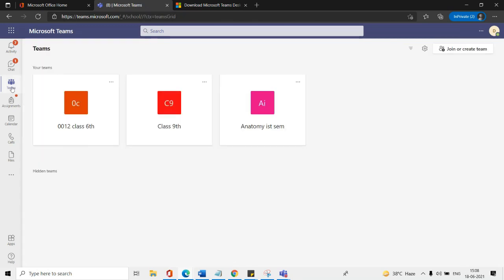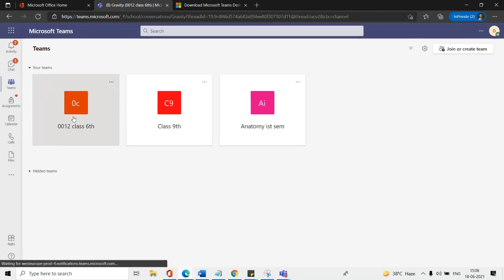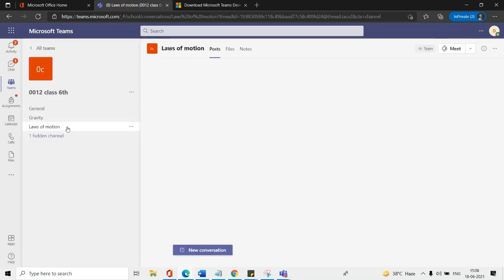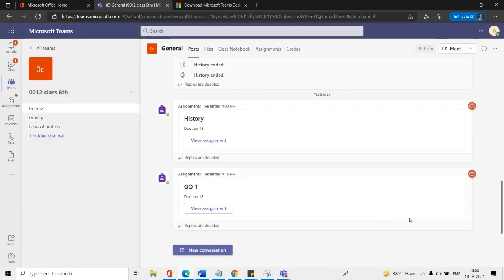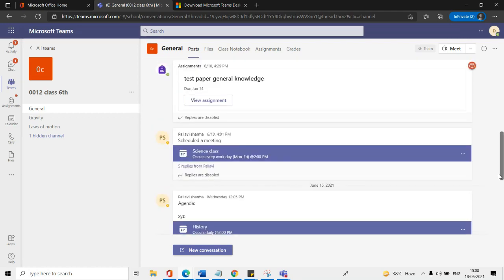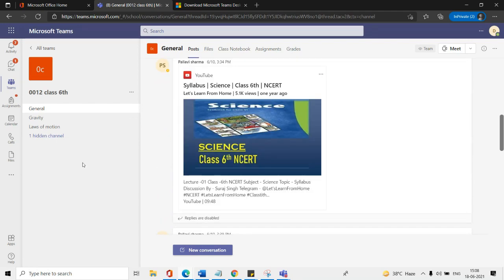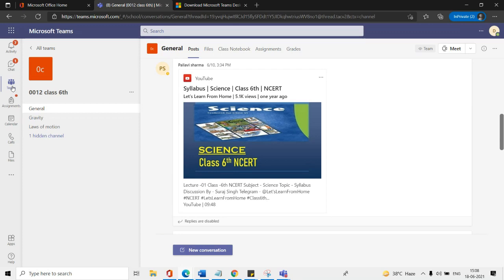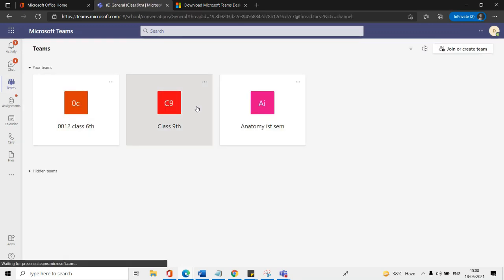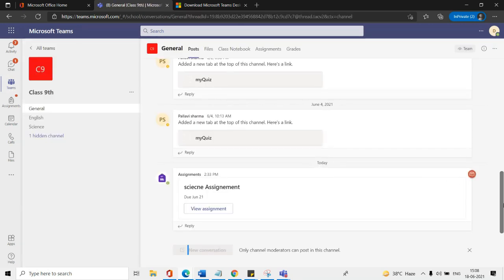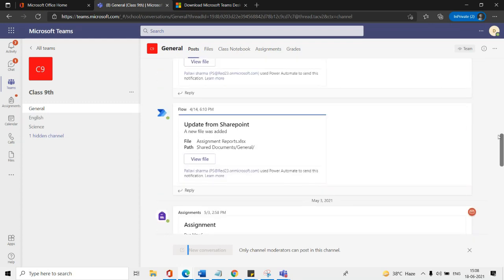Now the next part. You can see here on the right hand side the chat options and the calendar, right? Your faculty will share the meeting links with you. You can find the meeting links in different channels. Let's suppose you can go to the general channel here, and your faculty will share some of the meeting links. In this class or in any class which has been created by your faculty, you can move to the classes and find the meeting links associated with them, right?